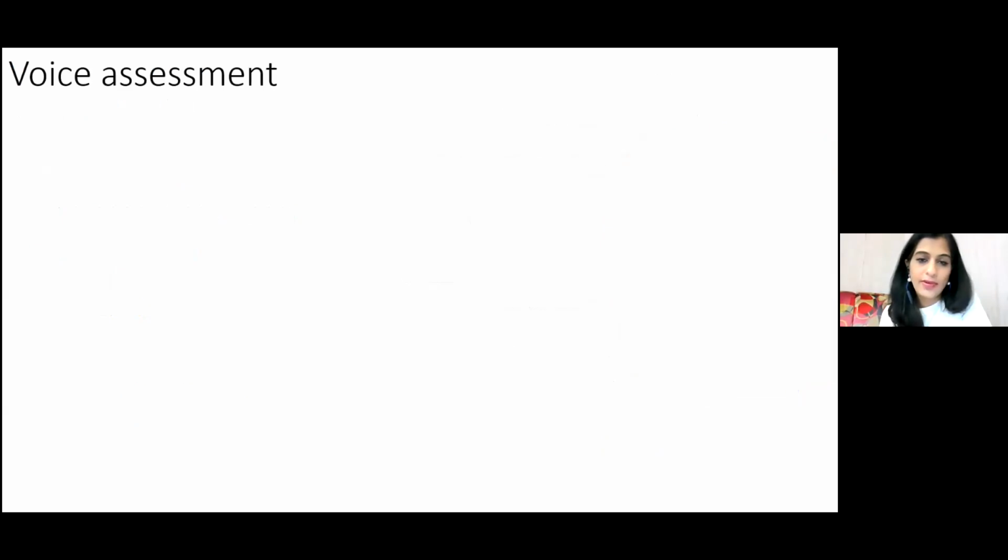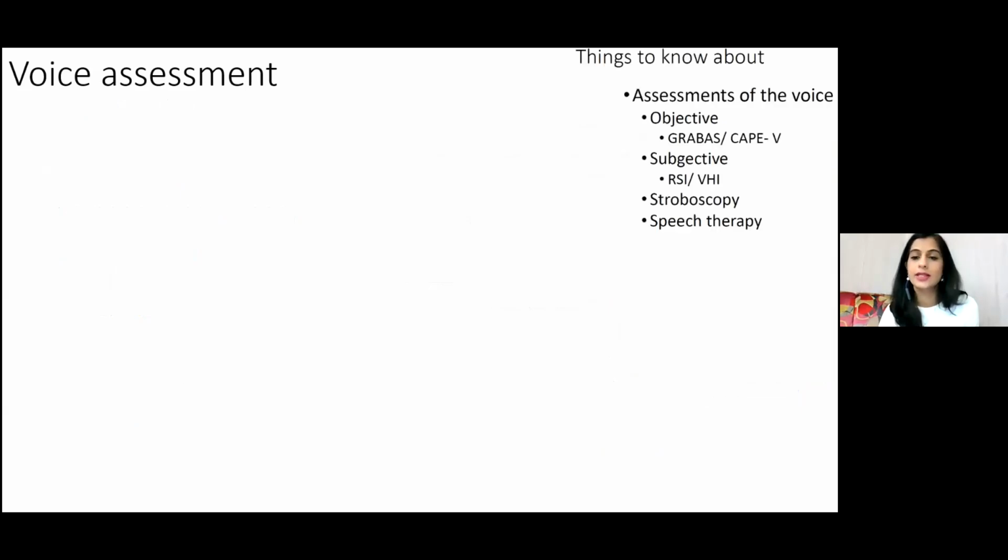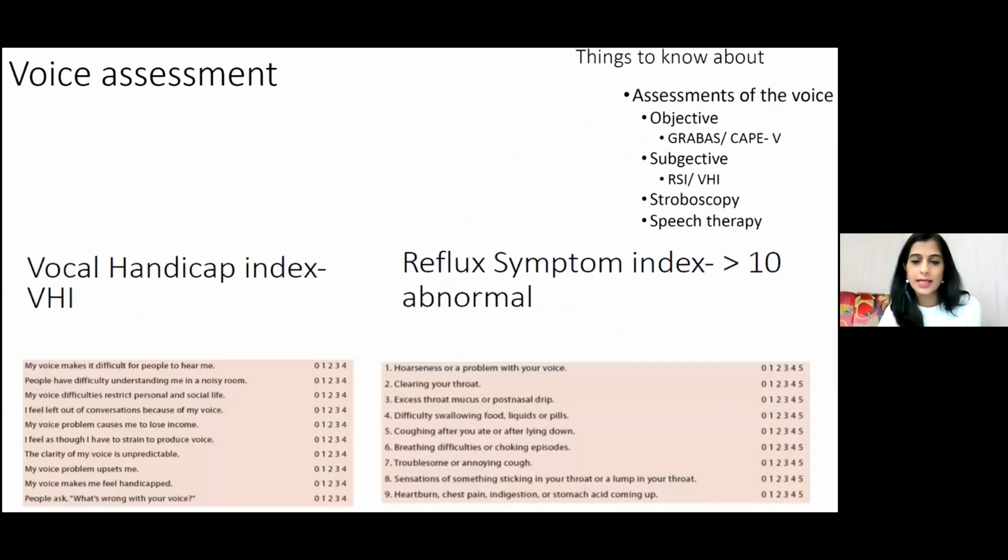So be very aware of how to talk about voice assessment. This might come up particularly in your clinical examination stations, particularly as you're not actually getting to examine patients. They may ask you to talk about this. So things to know about are objective assessments of voice, such as the GRBAS score or the CAPE-V score, and subjective assessments, sorry about the typo there, which includes things like the Voice Handicap Index,